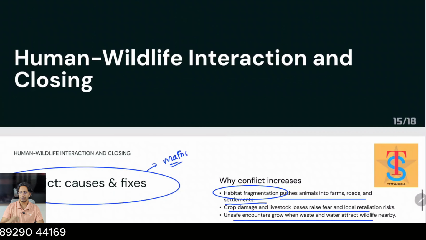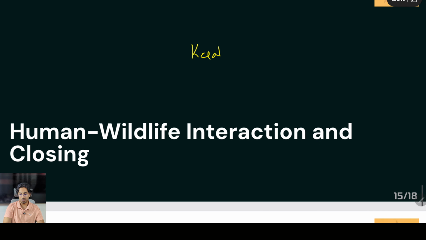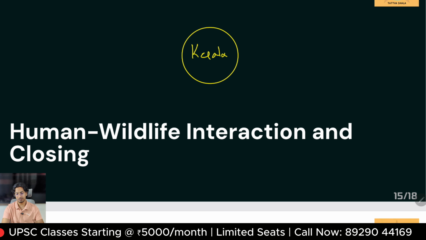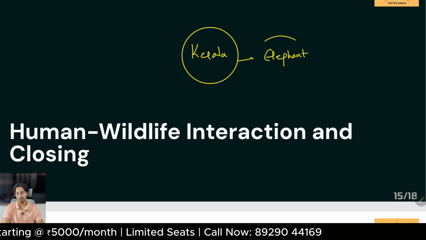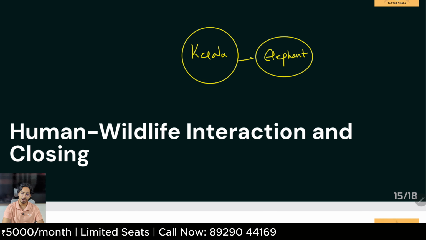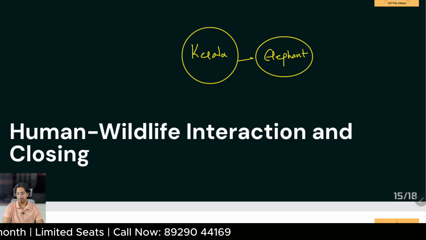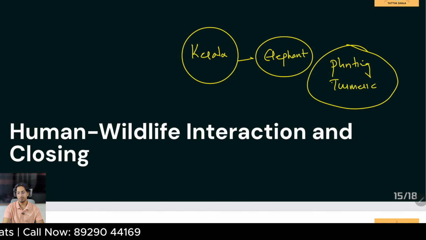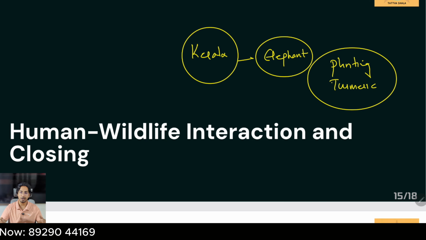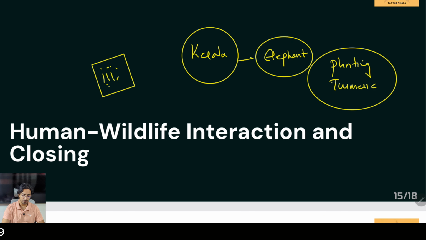So I was going through one of the articles which talks about how in Kerala they had tackled this man-animal conflict. Elephants used to come into their fields a lot. So what they started doing was providing them the leeway, the path to go, and moreover they started planting turmeric. Most of the animals shy away from eating turmeric. Like if this is the area, let's say I have grown everything here, people started planting turmeric here to protect the boundaries. And this has protected the whole agricultural field, right?